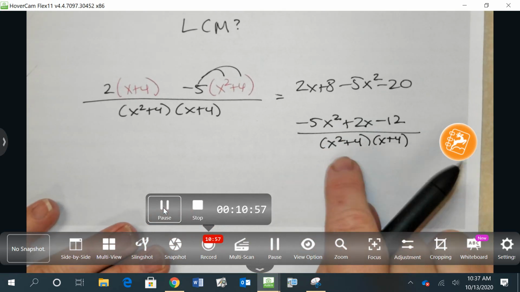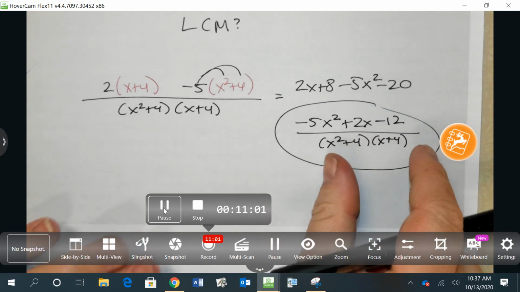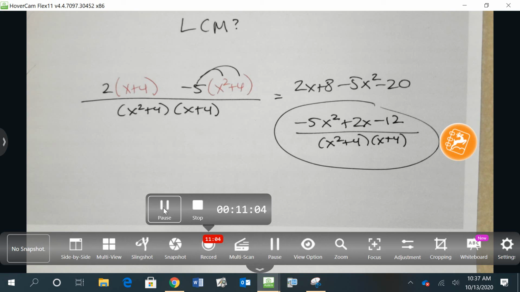Sometimes students say, well, am I supposed to FOIL this out? No, leave it just in parentheses, just as is. You'll understand why when we learn how to graph rational equations. Leave it just as